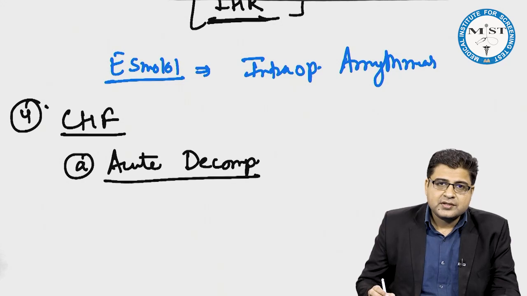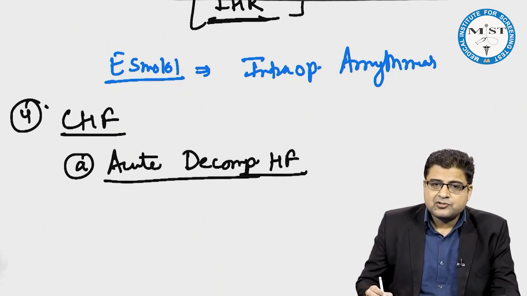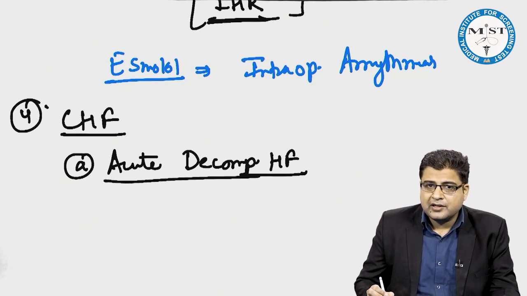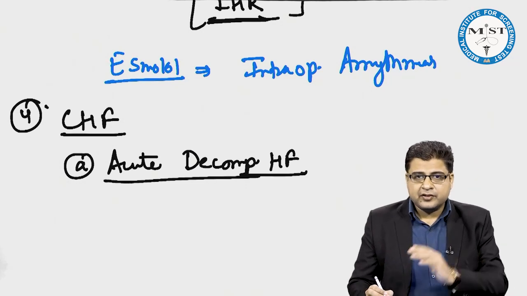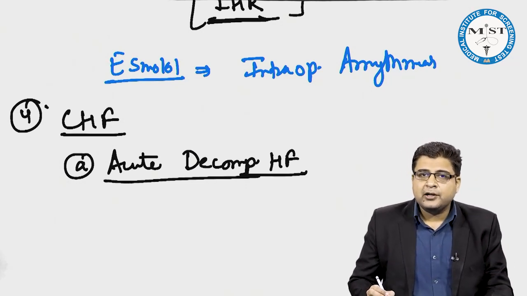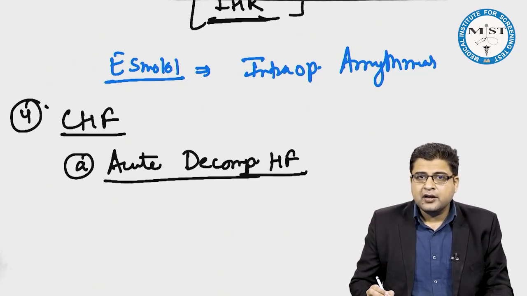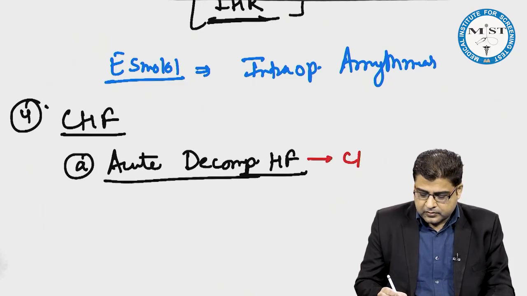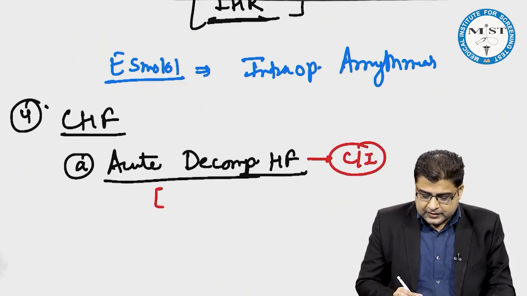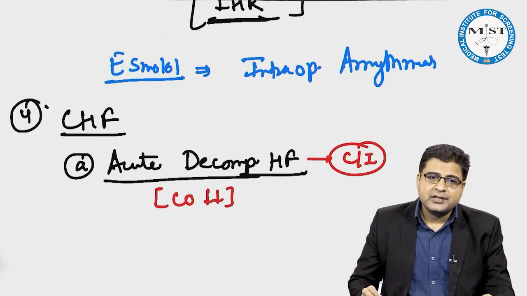any patient who has come to you with acute decompensated heart failure, in this patient cardiac output is already very low. And when this cardiac output is already very low, if you give beta blockers, these medicines will further reduce this cardiac output and can lead to death. So in patients of acute decompensated heart failure, beta blockers are contraindicated, because in these cases cardiac output is already very low and beta blockers will further reduce this cardiac output.